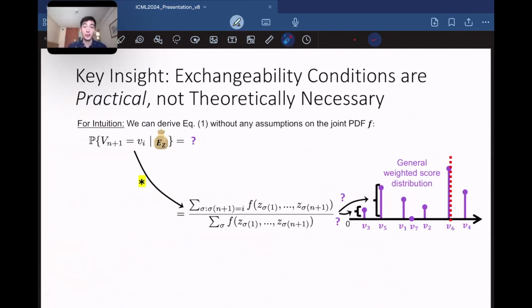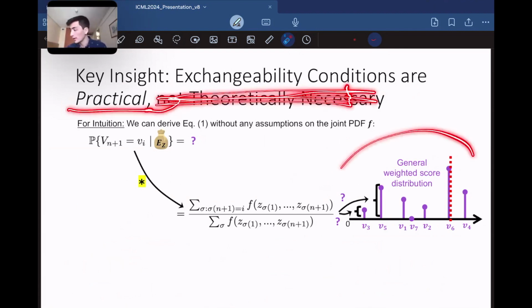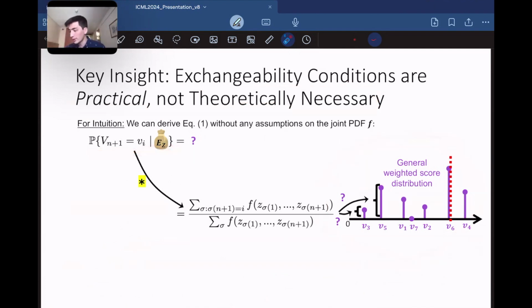And so now, moving on to the key insight in our paper. The main observation that's important for our paper is that these exchangeability conditions or steps can actually be thought of as practical rather than theoretically necessary steps in the proof. And so this permits an even more general formulation of conformal prediction, which I think has some helpful conceptual benefits, which we'll look into. Okay, so diving into what I think can help for some intuition for this general view of conformal,